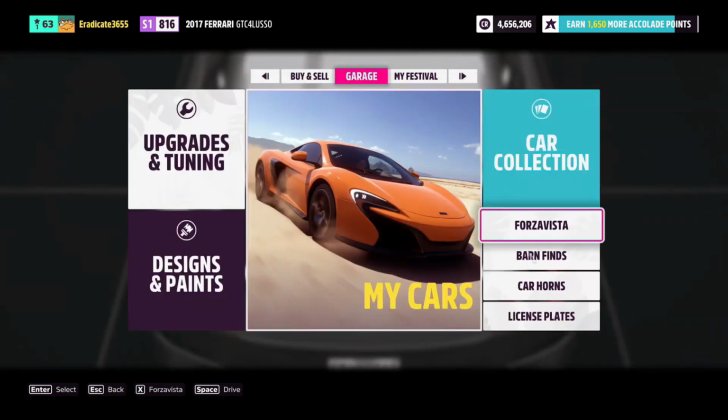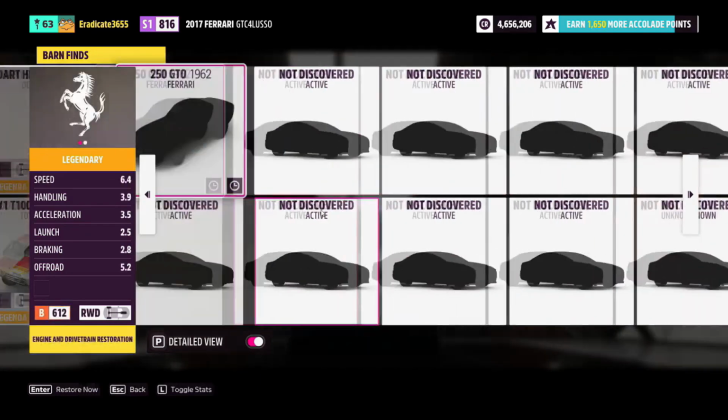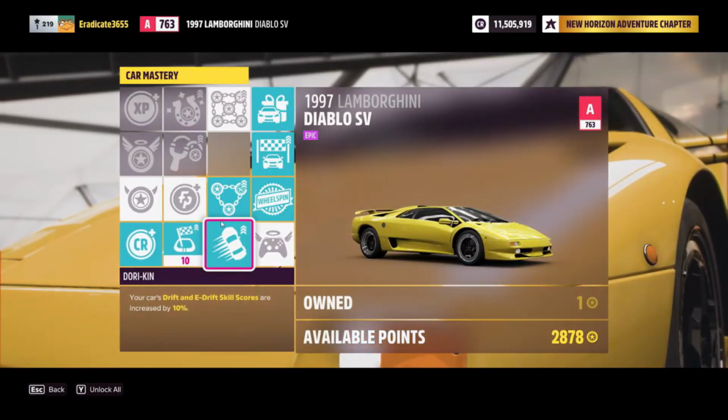Now additionally, I would recommend checking your barn find cars, as you might have some cars in there that have a regular or super wheel spin in their car mastery. Now obviously we won't be able to farm them, however we can get some quick wheel spins using this particular method. So the first method I'll be discussing is actually the good old Lamborghini Diablo SV, which can be purchased